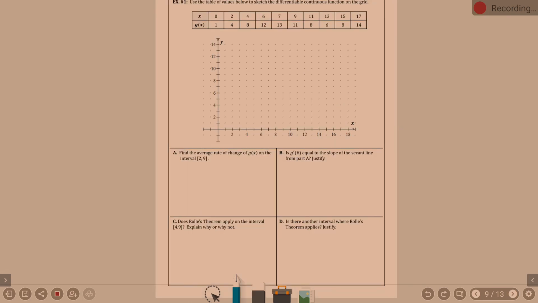Example 1 here. Use the table of values below to sketch the differentiable continuous function on the grid. We're going to have to all take time to do this. Okay? Gotcha. Before we can really answer A and B and C and D, I don't know why she didn't just provide the graph, but she didn't. So,